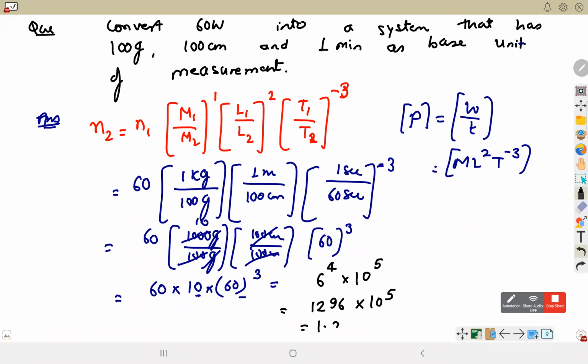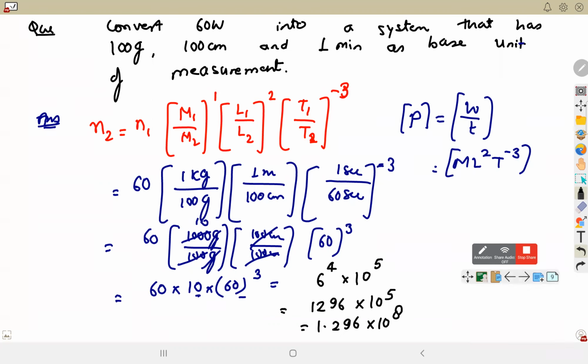Okay, which means Govind, your answer is wrong. It is 1.296 into 10 to the power 8. Correct. मैंने सर स्टैंडर्ड फॉर्म में नहीं कन्वर्ट किया सर. 10 raised to power 5 ही आ रहा था मेरा. 1296 into 10 raised to power 5 आ रहा था. मैंने सर स्टैंडर्ड फॉर्म में नहीं किया सर पॉइंट के अंदर करके. Okay, fine. That also okay, but yes, we will see how to express in scientific notation and why it is required. In the new system, it is 1.296 into 10 to the power 8.